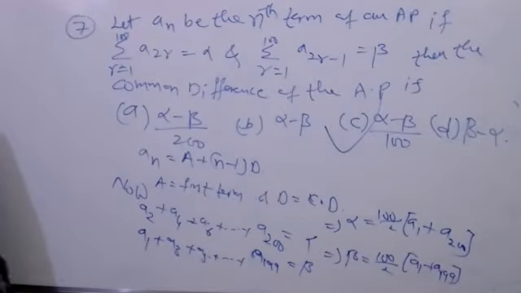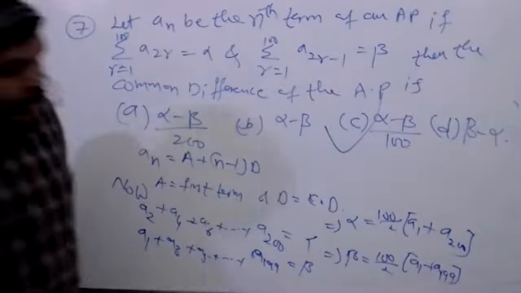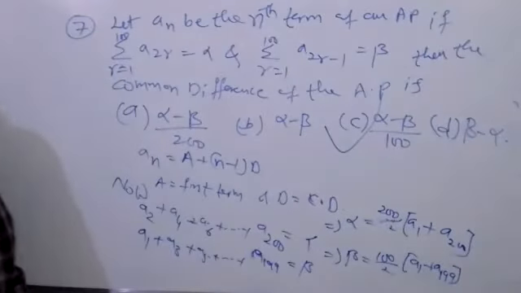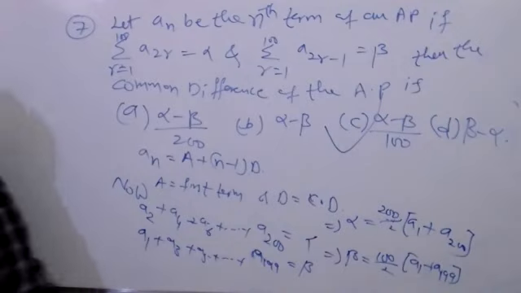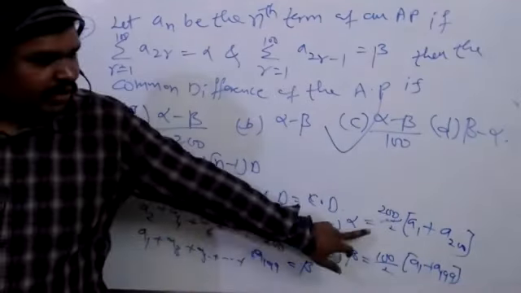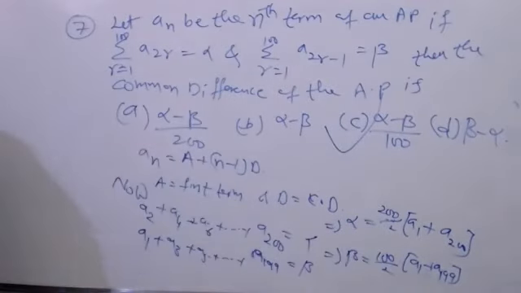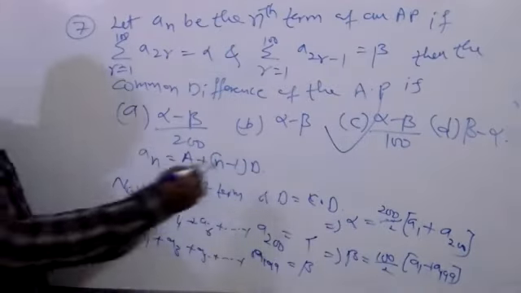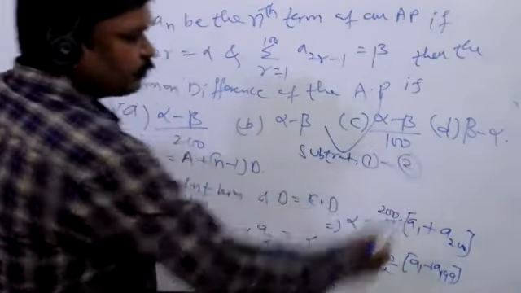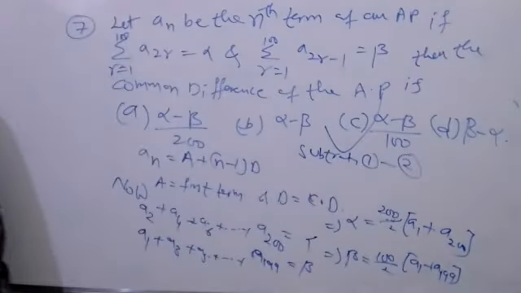Sir, I didn't do it like this. I subtracted alpha and beta. Sir, instead of doing this, we can subtract algebraically, right? Alpha minus beta is a2 minus a1, a4 minus a3, and so on. Then solving these, we will get the answer. Option C.